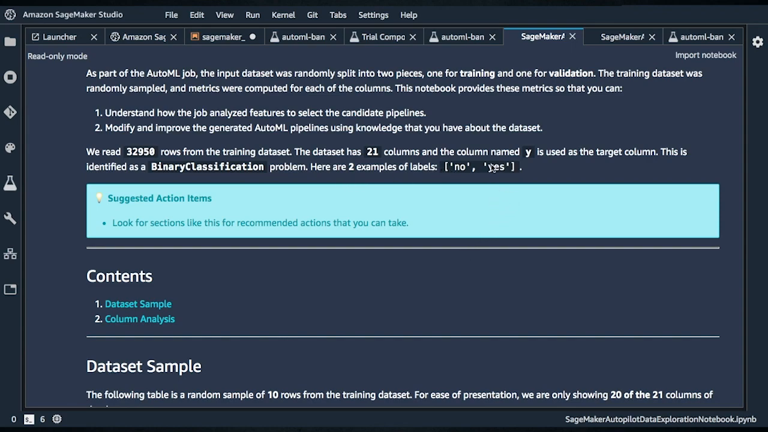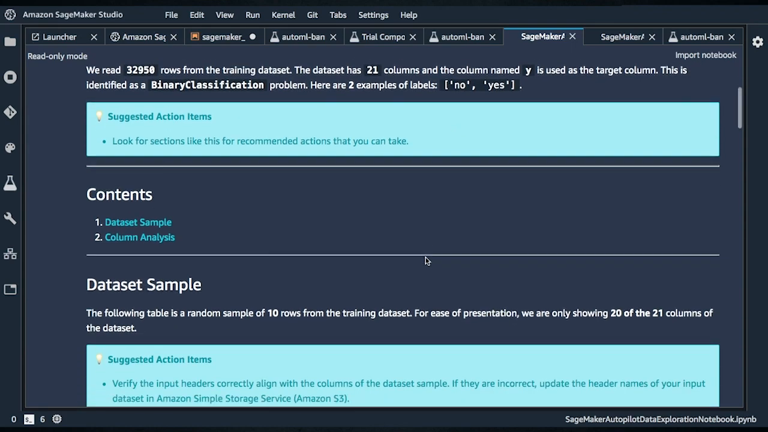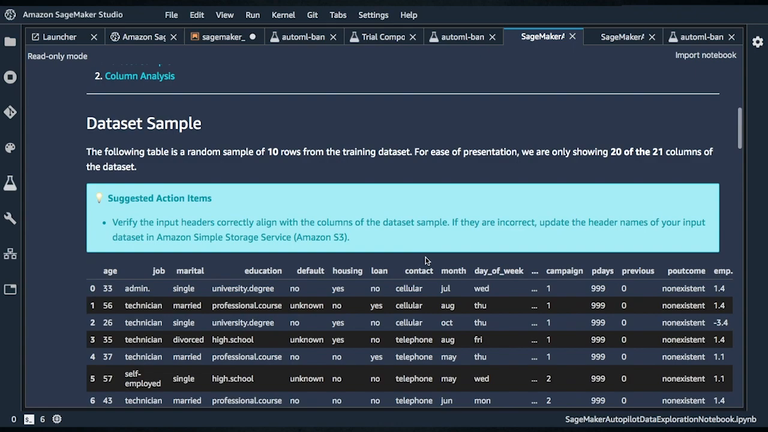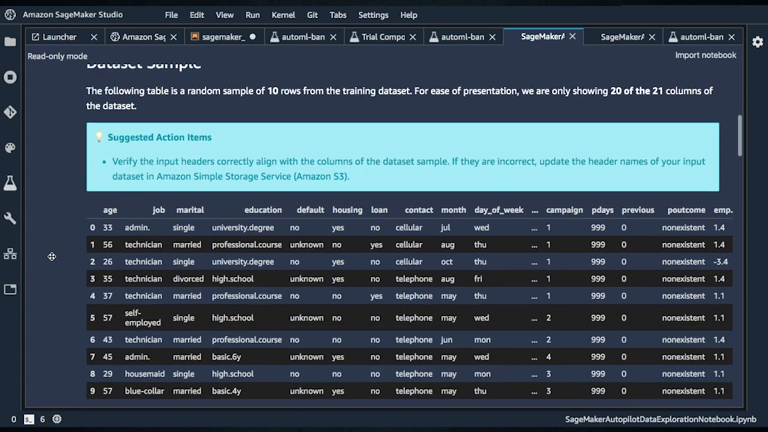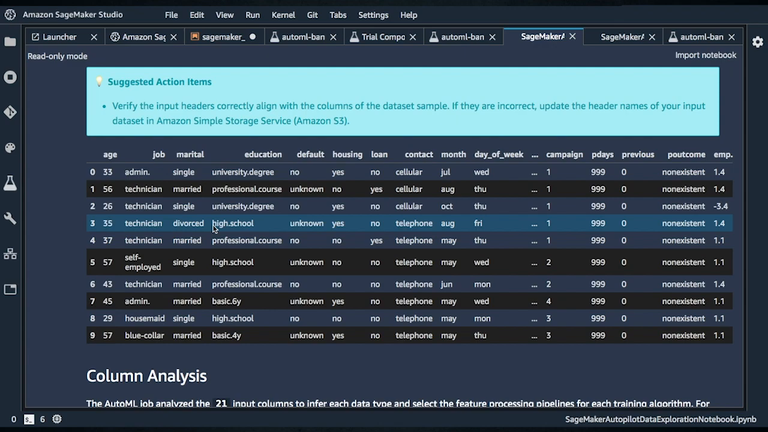And remember, we did not need to one-hot encode this. Autopilot was actually handling the one-hot encoding for us. So now let's cruise down. And so here we actually have a suggested action item. So Autopilot is recommending that we take action here, that we, in this case, verify that the input headers correctly align with the columns of the dataset. So basically we just want to make sure that our headers were read correctly, and it looks like they were,